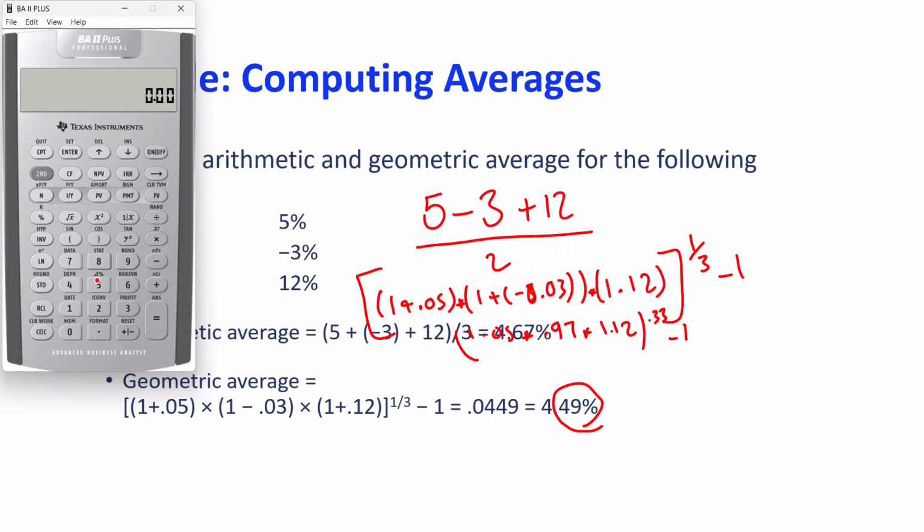As I mentioned, the arithmetic average is fairly easy. 5 plus -3 plus 12, all of that divided by the number of observations, which is 4.67. For the geometric average, we do 1.05 times 0.97 times